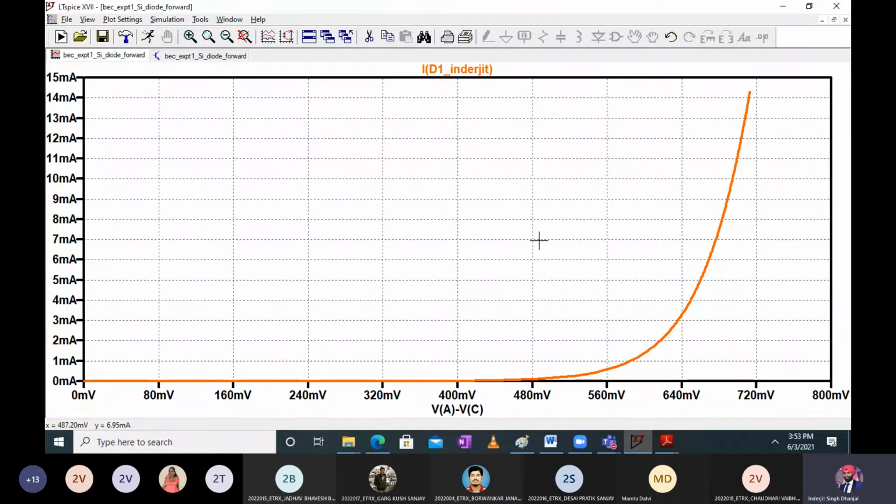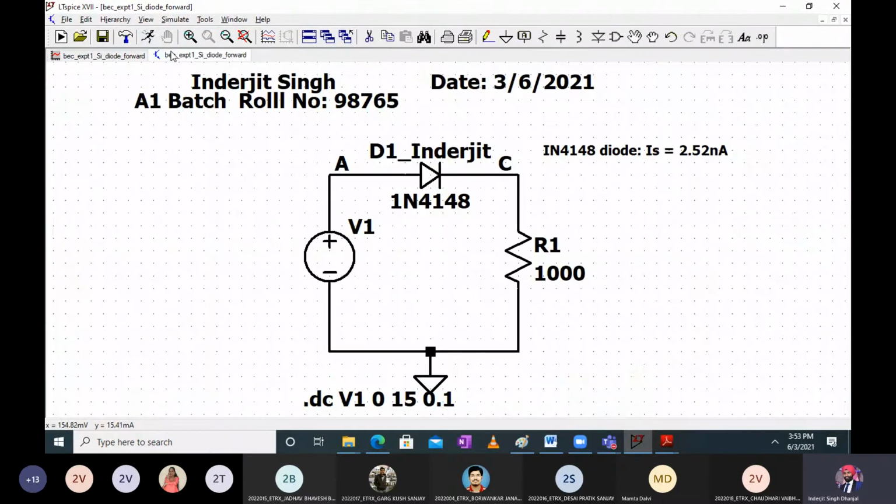So now comes the analysis part. The analysis part is like noting down the readings. If it was a lab, it would have been very easy. We could have done it using a voltmeter or milliammeter or something like this. But right now in simulation, how to do it?